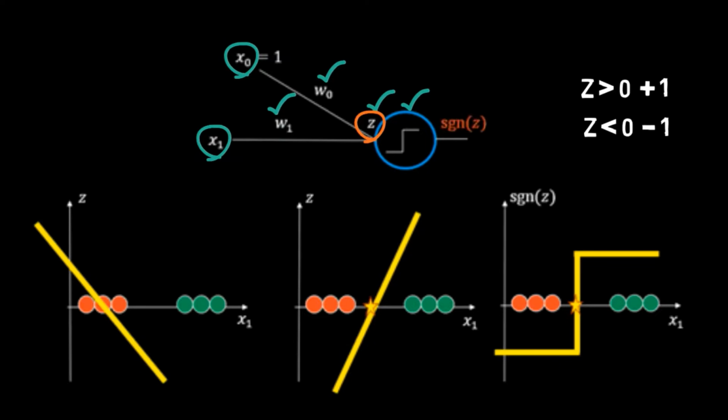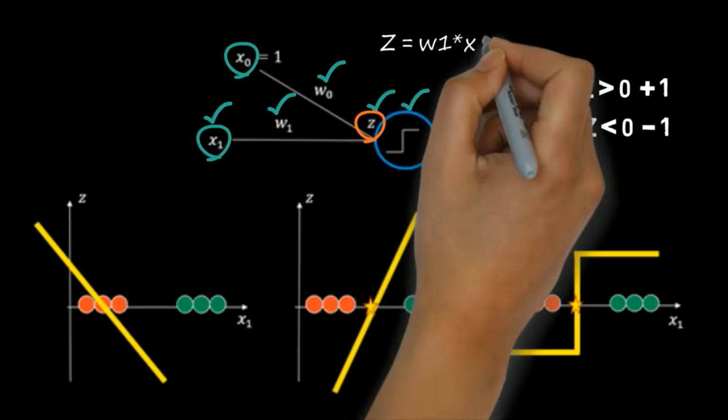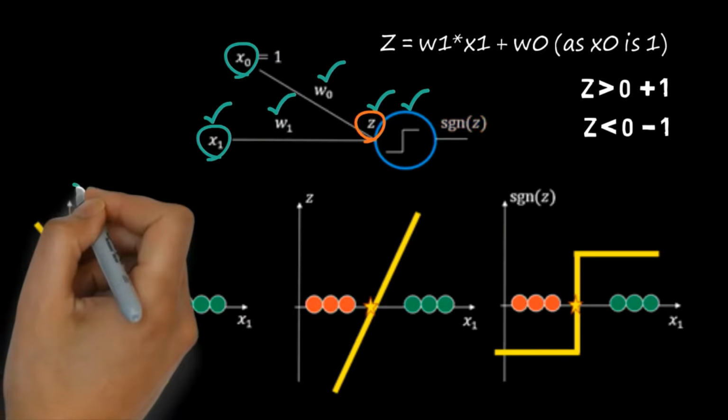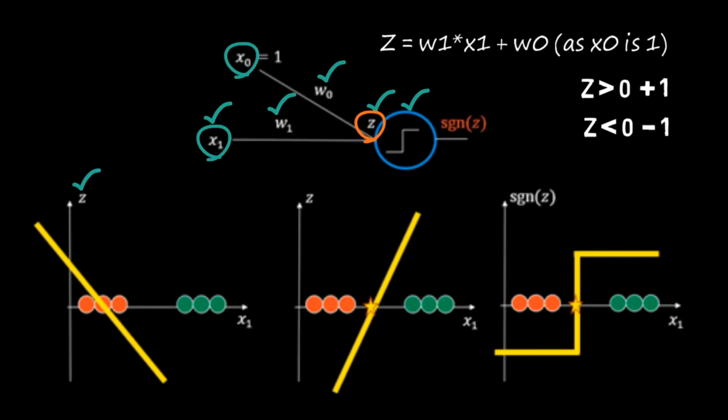Now you notice that the input is in 1D. So this is our 1D input, and here Z is computed using W1 X1 plus W0, like this. Our decision boundary, where Z cuts through the input space, that is where Z is equal to 0, is a point, and it is 1D just like the input data. So the total visualization here is one dimensional.